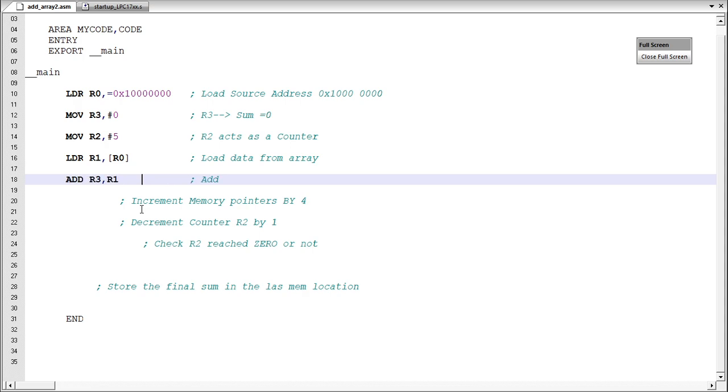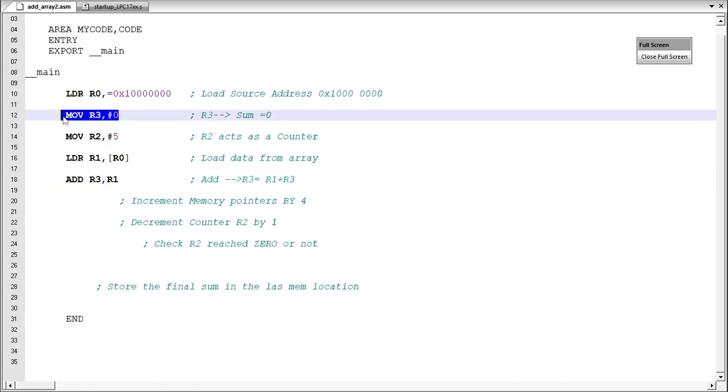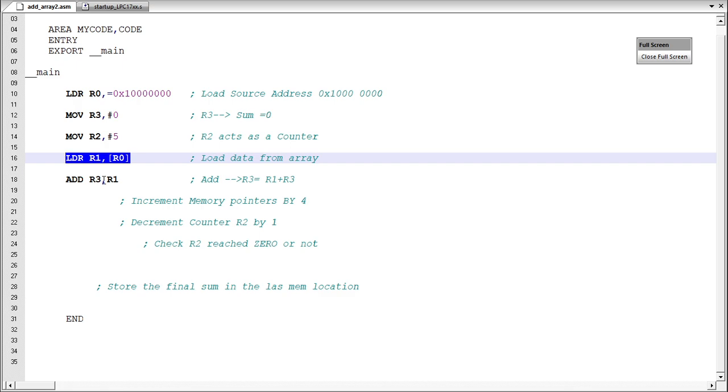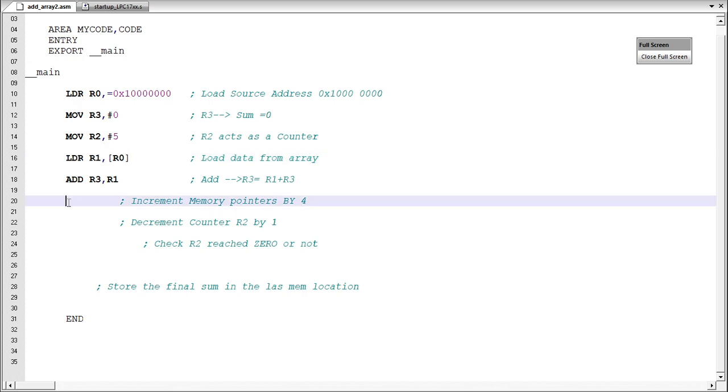So this is going to add like this: R3 is equal to R1 plus R3. So this is how it's going to perform. Initially R3 is going to be 0. R1 will be the first element which I copied from the memory, and I'm going to add it. Now after that, increment the memory pointer by 4 positions. For that I'm going to use again add